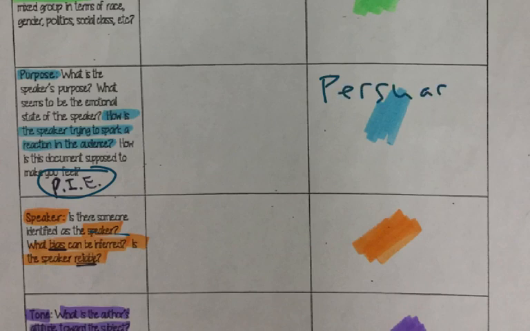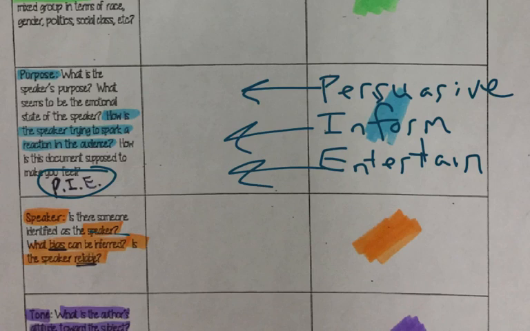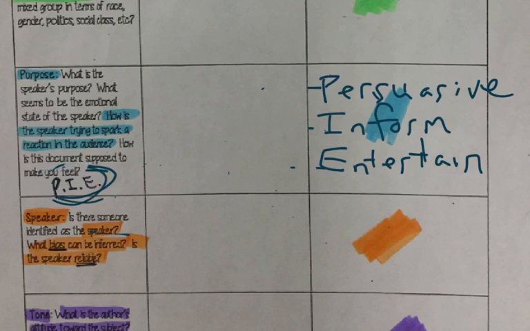That is persuasive. It's hard to write with this. Persuasive. The I is to inform. And then the E is to entertain. So that means it's one of these, and the answer will go over here in this box, okay? So maybe write those 3 letters out for this acronym over here so that you can remember when you get to purpose, you will use one of these answers to put in this box. Okay,